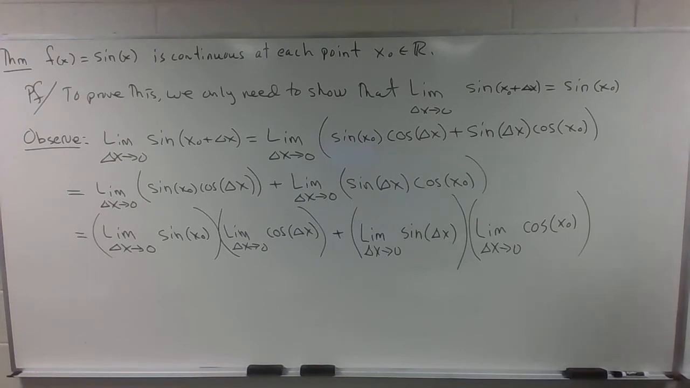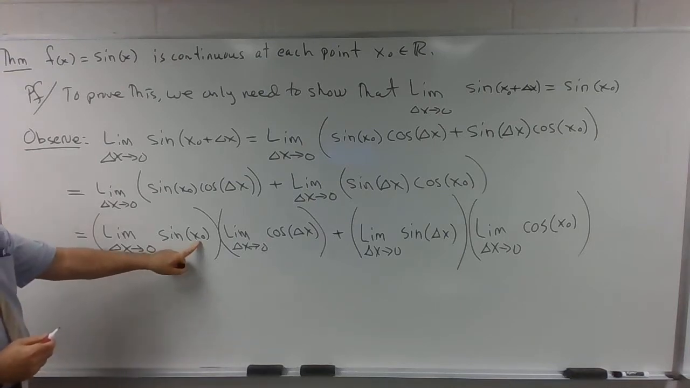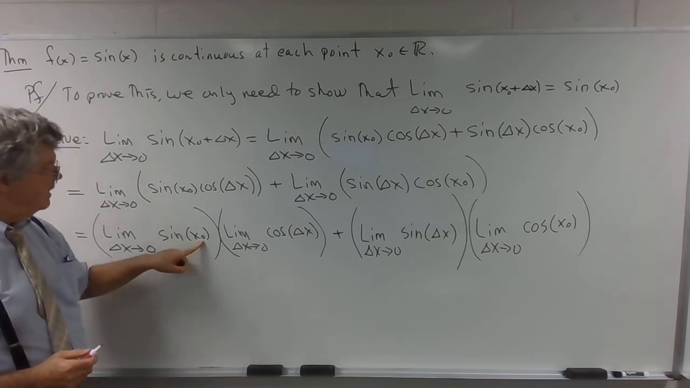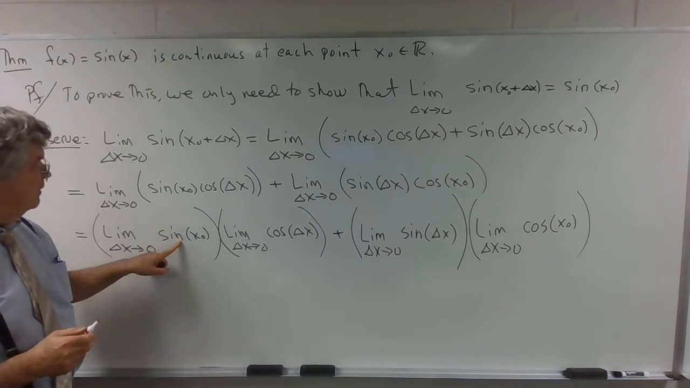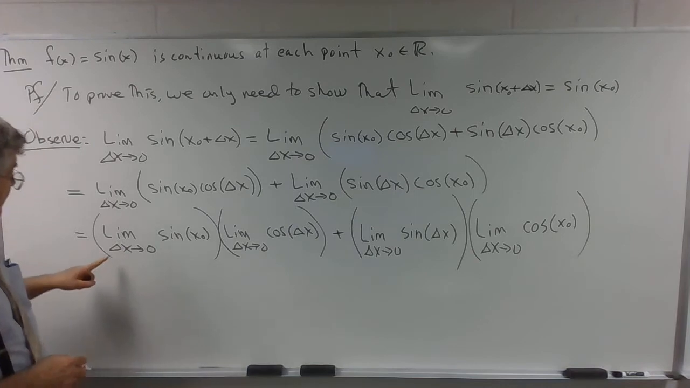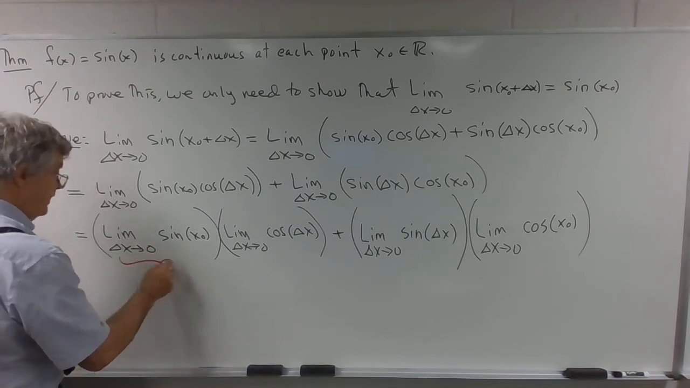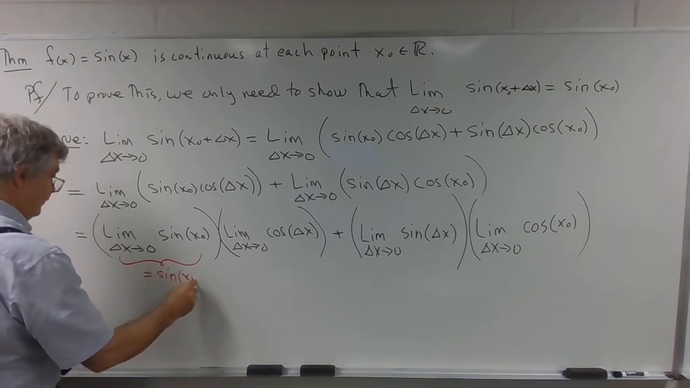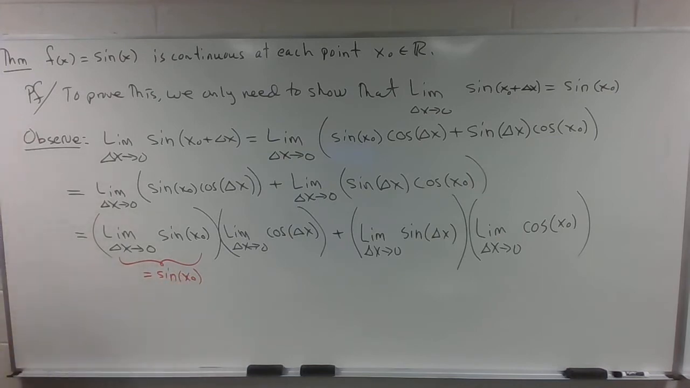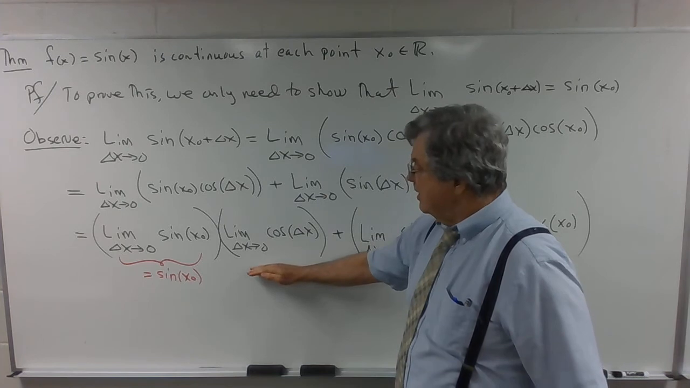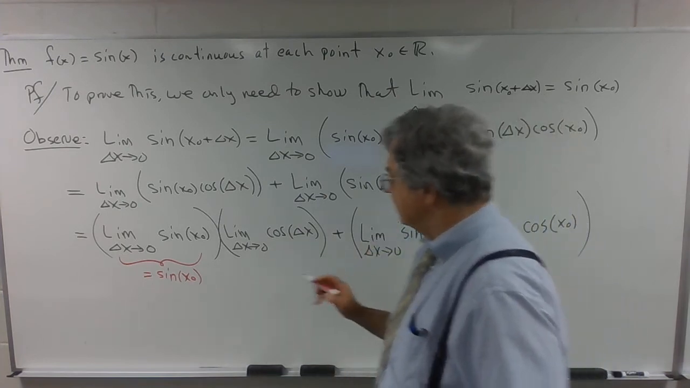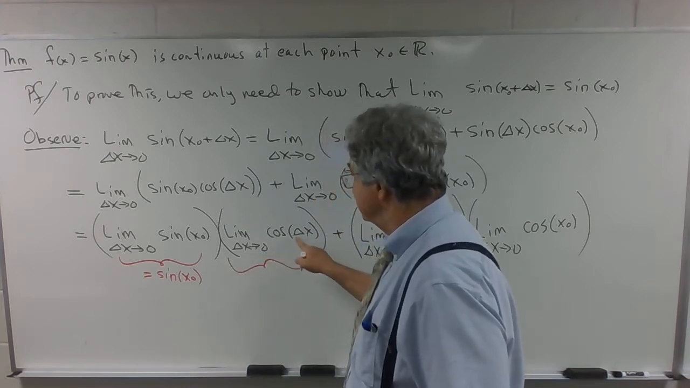And just stop and reflect on that for a second. x naught is a constant. So if I take a constant and plug it into the sine function, I get another constant. So sine evaluated at x naught is a constant. So this is the limit of a constant, and that's just going to equal the constant itself, sine of x naught. Now this second thing, this was one of the two limits that we developed in the last lecture. The limit as delta x goes to 0 of cosine of delta x